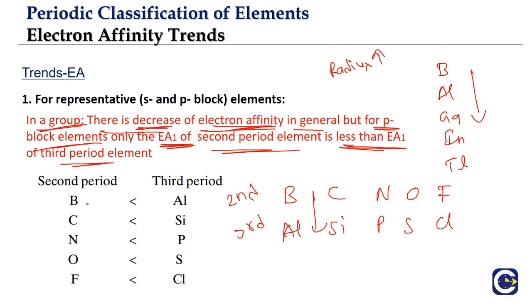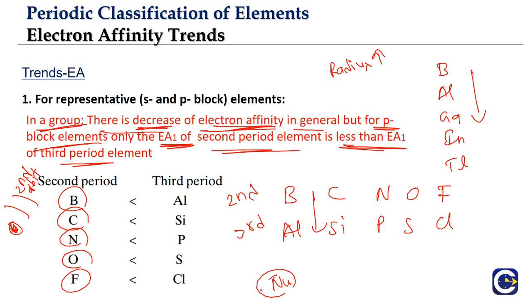The reason is, when you look at the second period elements, they just have two orbits. We have a nucleus and the outermost orbit is the second orbit. They will be exceptionally small in size. Because of this, the second orbit is a very small size. Let's say there are already electrons existing. The incoming electron will be repelled due to the small size of that second orbit. The third orbit will be a little bit larger in size.